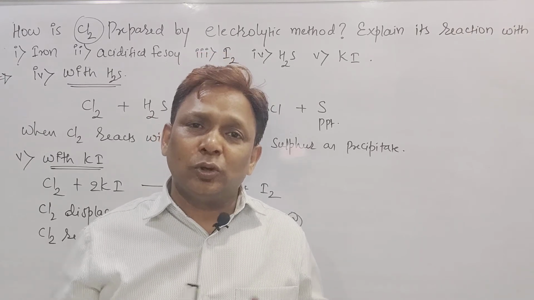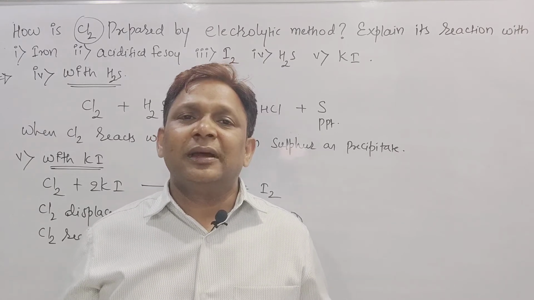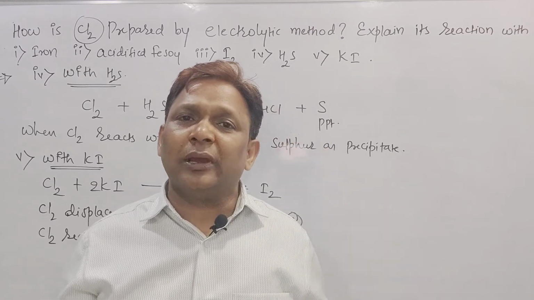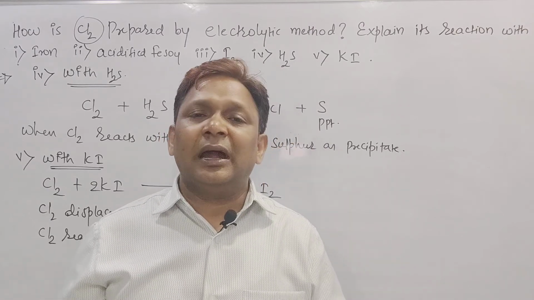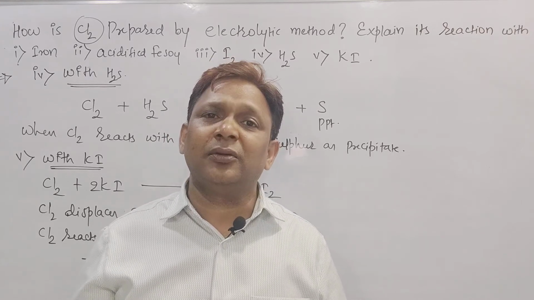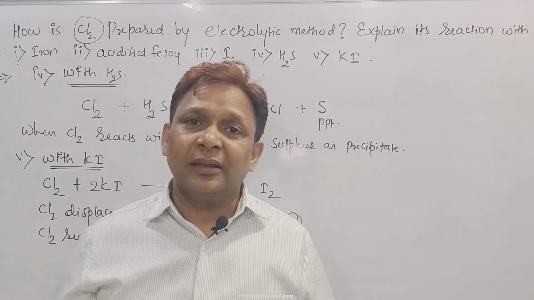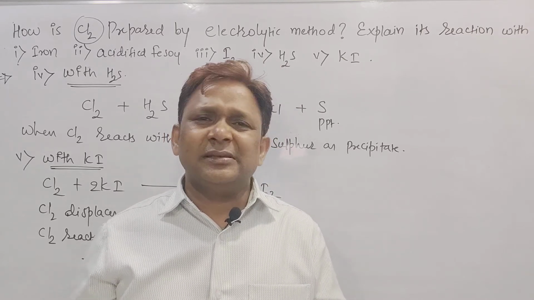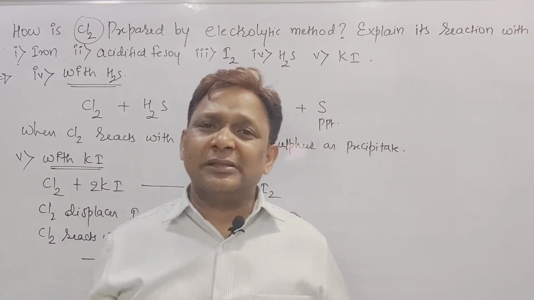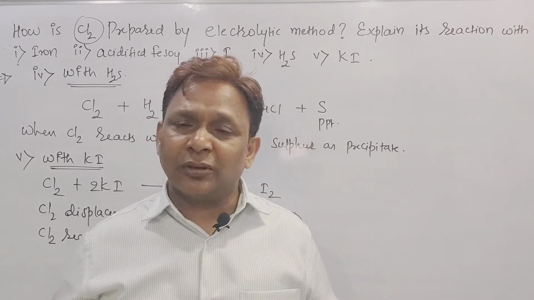Then at the cathode, 2 water molecules, by gaining 2 electrons, form 2OH- and liberate H2 gas. These 2OH- and the 2Na+ combine together and form 2 moles of NaOH. That is the preparation of Cl2, and this method we can also use for the preparation of NaOH if they ask for it. But anyhow, in second year we don't have the preparation of NaOH. It is there in first year beta, by the Nelson cell. The same process we are using in our second year for the preparation of chlorine.